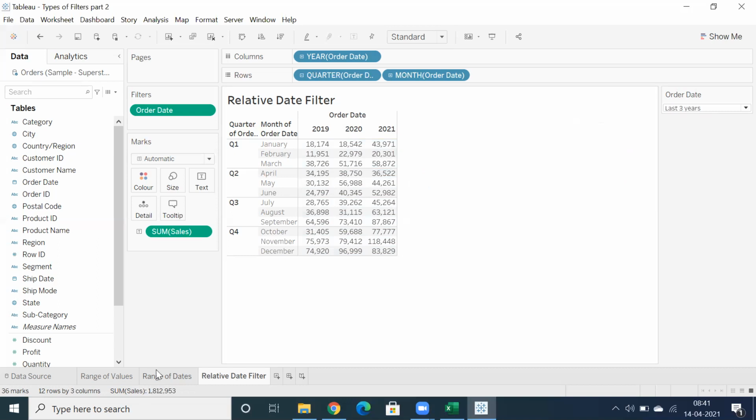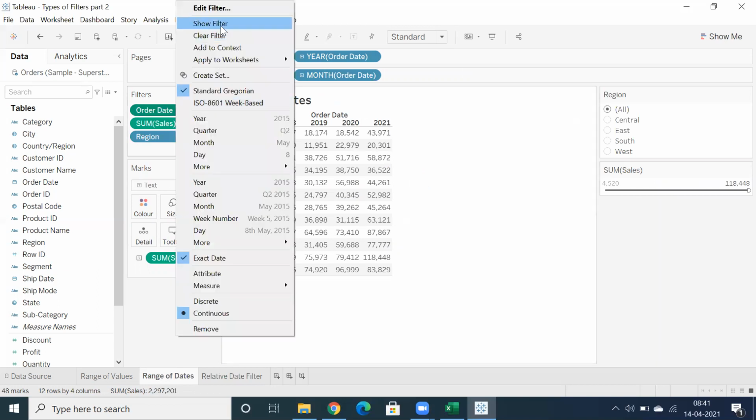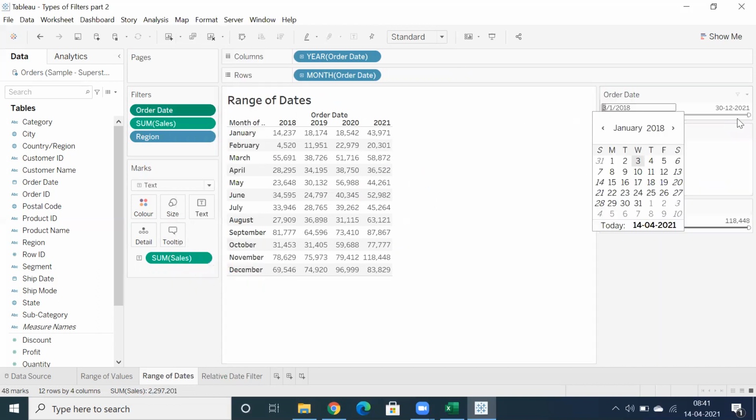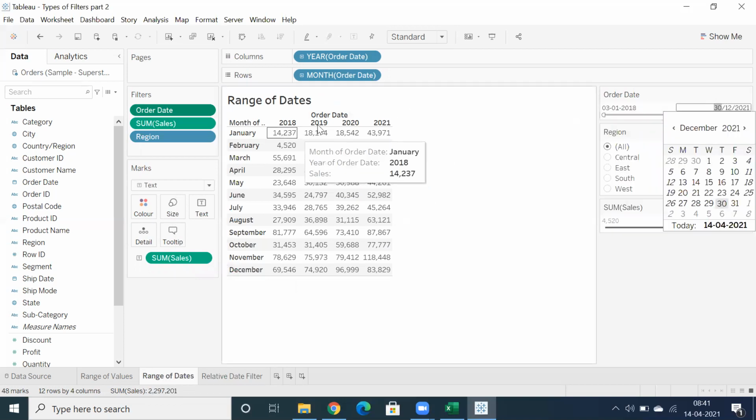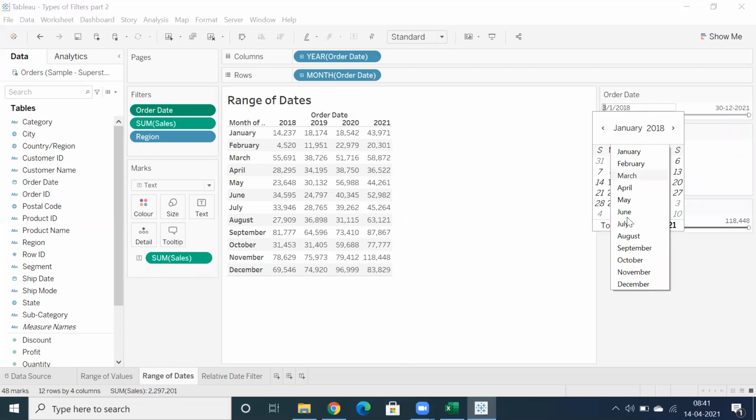But in the range of dates case, yes, you can select a start date and an end date, anything in between. If you want to display 2019 and 2020, from here you can select 2019 and 2020.